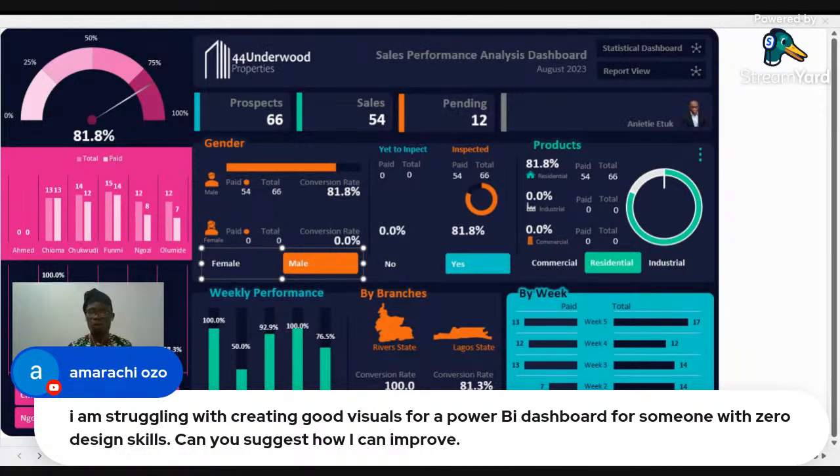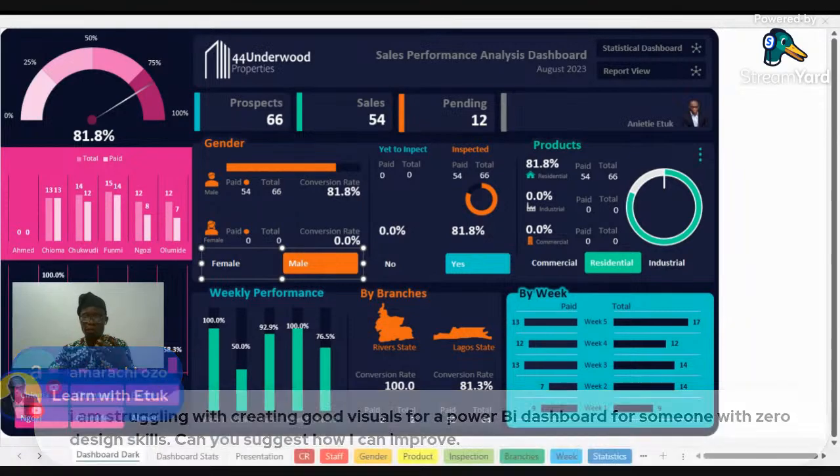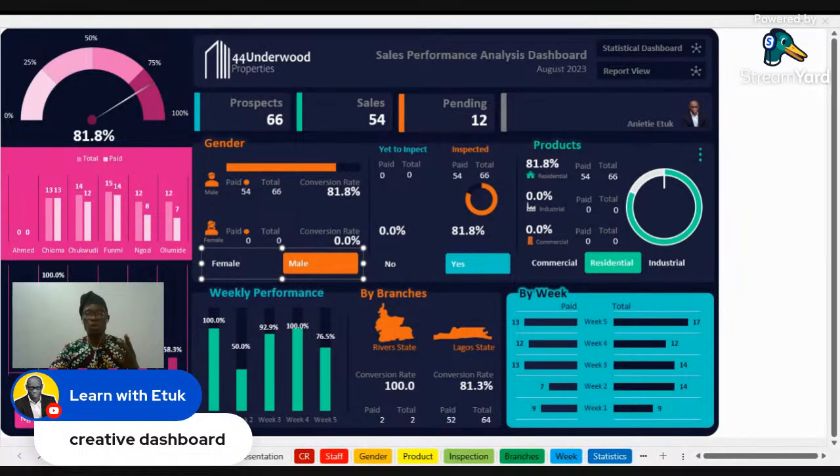So what I do, I'll share it here. I go to Google and I type creative dashboard. Just go to Google and type creative dashboard. When I type creative dashboard or creative dashboard design, Google will give me a list of global designs. If somebody comes from Harvard, somebody's in the UK, somebody's in France, and I'm in Nigeria, and they bring their dashboard and I bring my dashboard, somebody should look at my dashboard and say it is better. And get this, people see the design first before they get into the technical details in the dashboard.